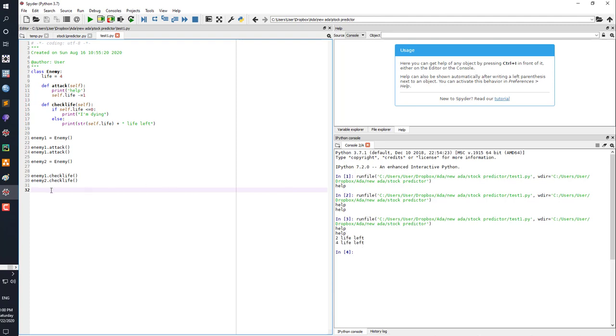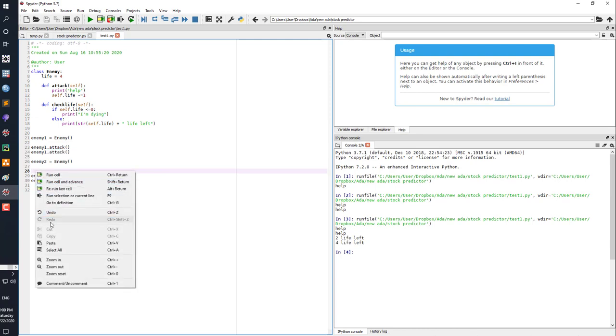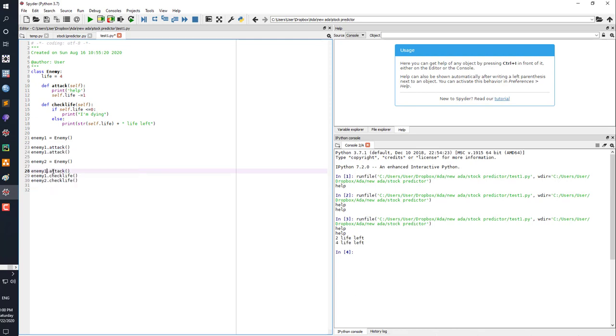If I changed this and said enemy 1, I'll just copy and paste it because it's easier. Paste it and change this to enemy 2. So if enemy 2 got attacked once, it will now say help, help, help, 2 life left, 3 life left, because enemy 2's been attacked once. And there we go. Help, help, help. Help, help is coming from enemy 1, and then the last help is coming from enemy 2 because he's